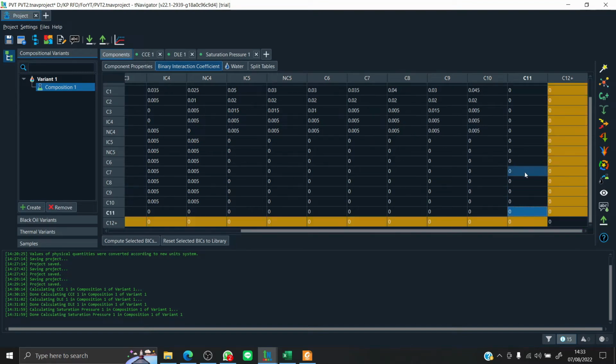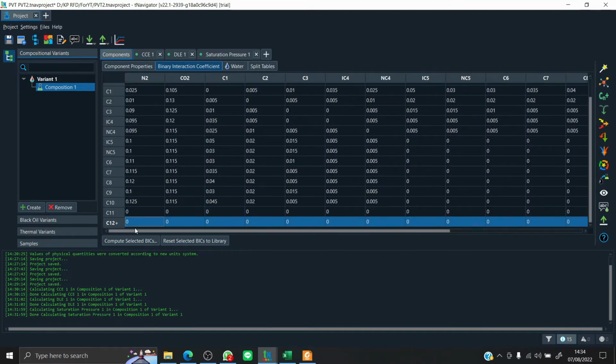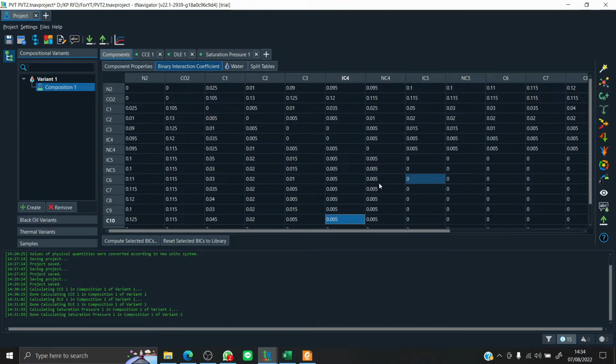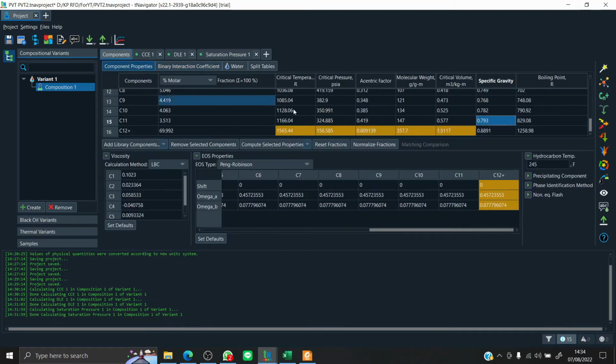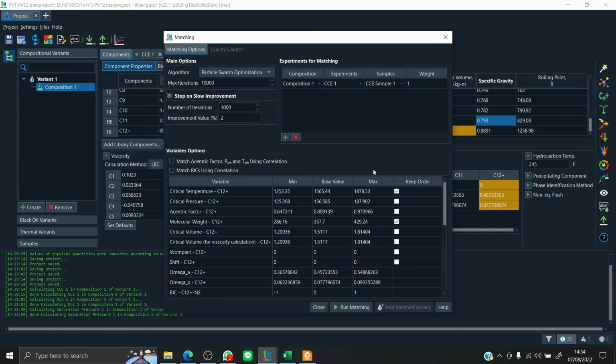Okay, the same method as before: click the parameters that you want to be used for matching. You can click and drag for multiple parameters, right click and use for matching. Okay, so we got our components, our parameters to match, and then click the magic wand right here for matching.